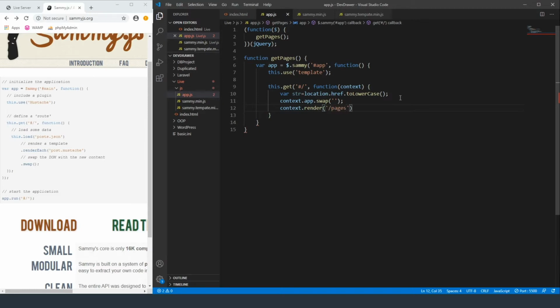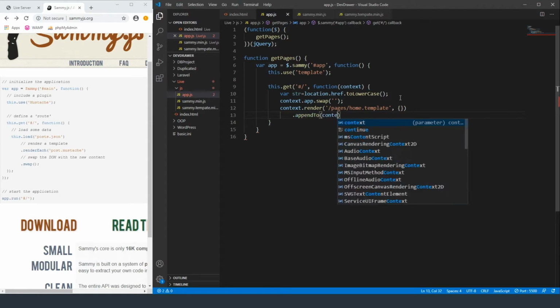So we're going to create a folder called pages, and then we're going to create these template files. So let's say this one is going to be home.template, and then we're going to pass nothing to it. You could pass variables to it like you could in Laravel or any other kind of PHP routing. Right now this is the home page, we're not pulling anything for it, so we're not going to pass anything to it. So we're just going to leave it like this, and then we're going to append